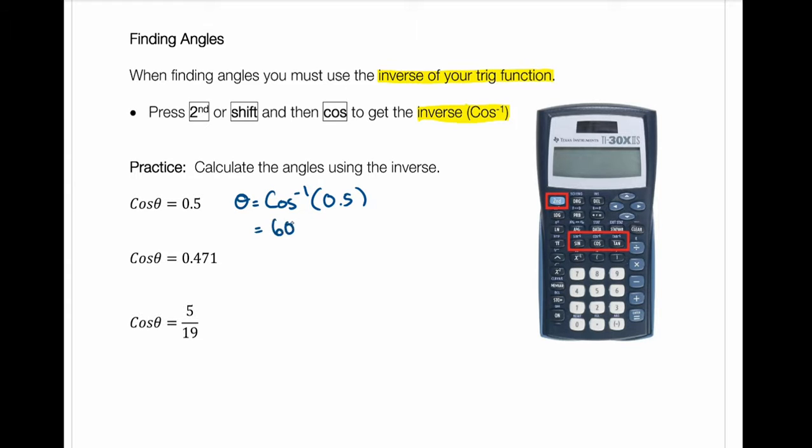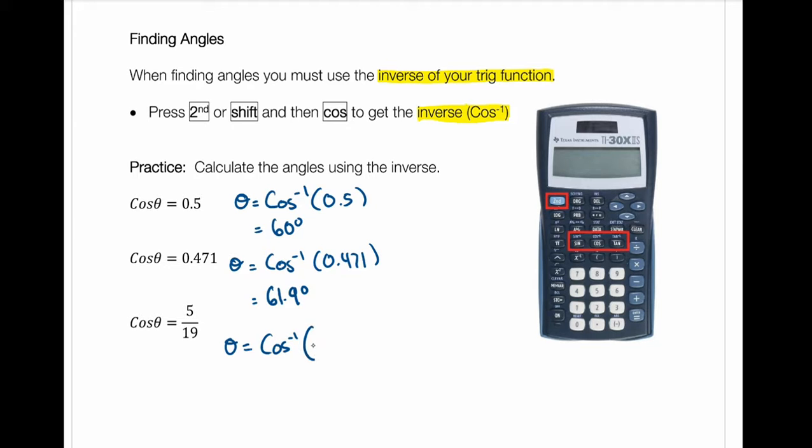and I get a degree of 60. Do the same thing with the next one, cosine -1 of 0.471. Just a quick calculation, and I get 61.9 degrees. And finally, for the last one, even if I have a fraction, I can still do the same